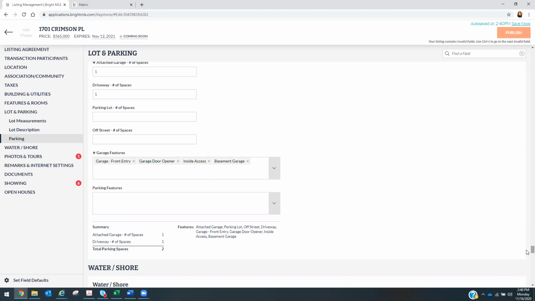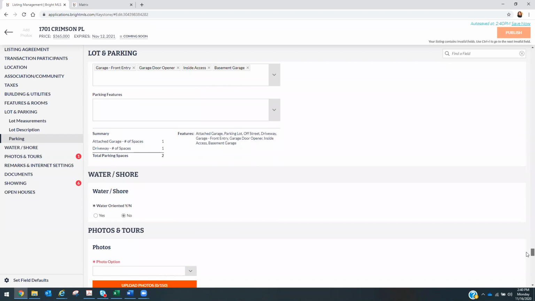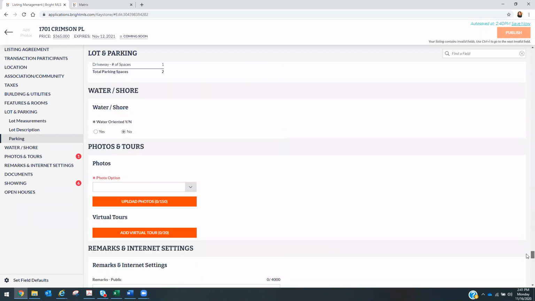Okay. All right. So let's keep on going down, and you can select water and not water, photos and tours. Oh nope, it's right there, so there's no need to select it. So for photo option, select the drop box there and select lister will upload all. And if you have the photos on your computer now,